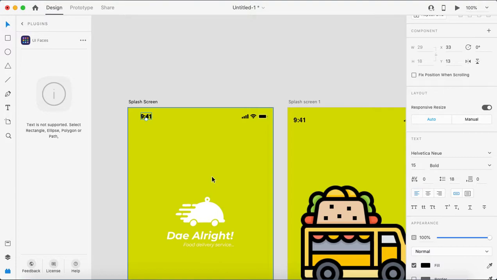But see, for example in this design, if I try to make this text and this part, in any other design, what is the purpose of showing this time and battery symbol and everything?